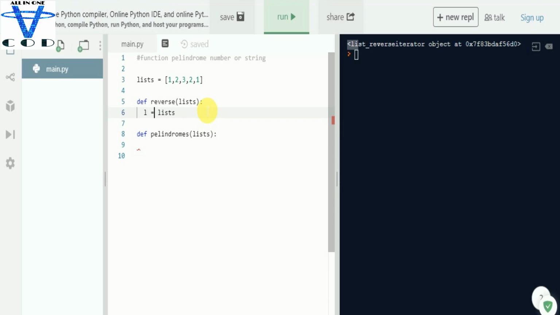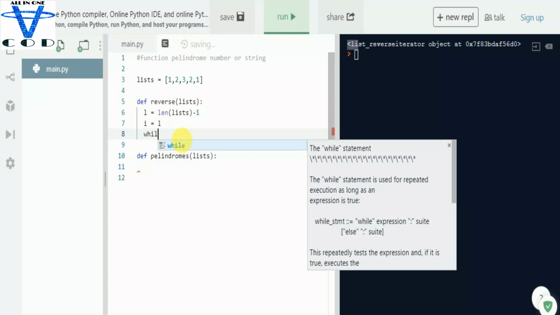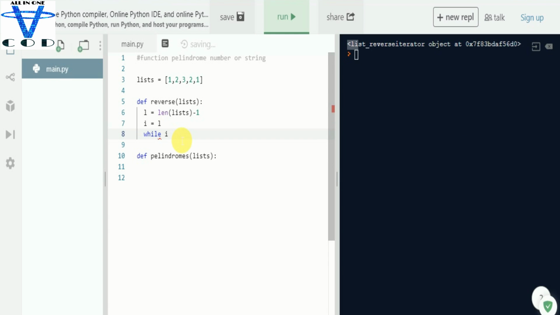L equal to len of list. But what list? Length of list. This is the inbuilt function we got, and minus 1. Now we got the length of the list. We are gonna simply say I equal to L, and we are gonna take a loop while I greater than 0. First I'm gonna comment this,